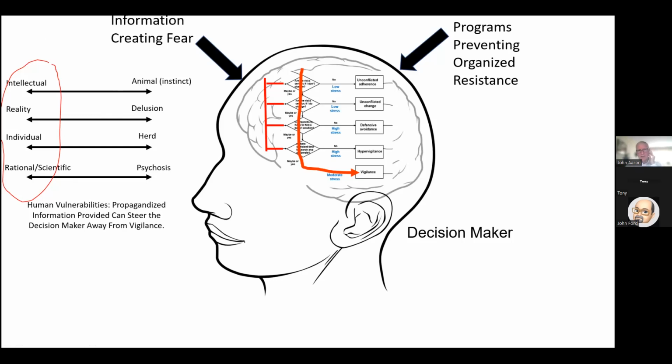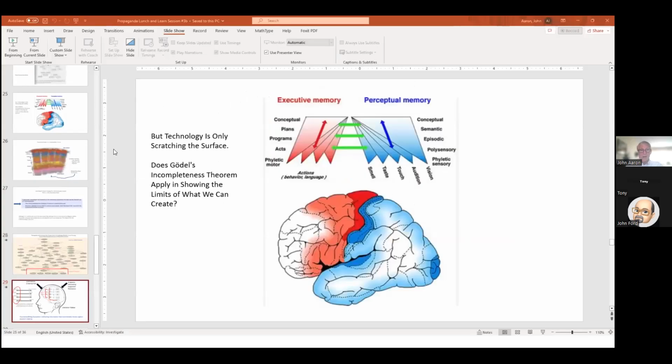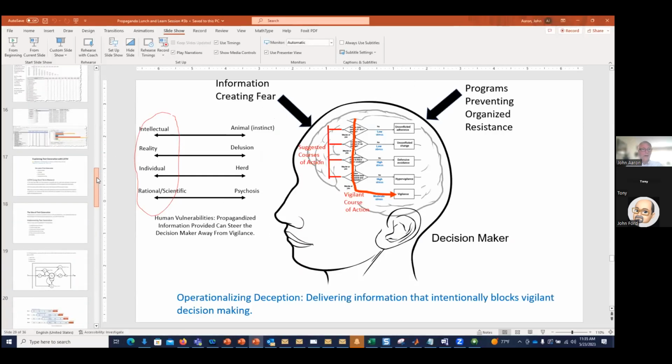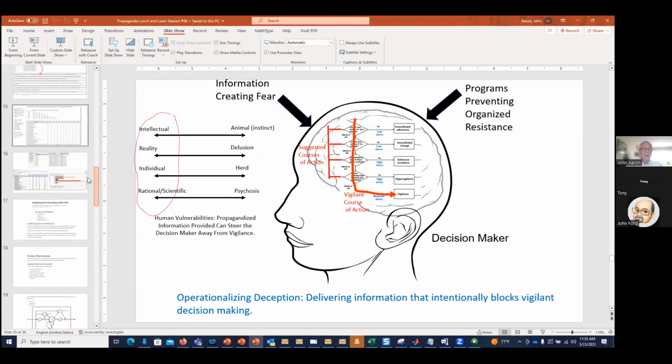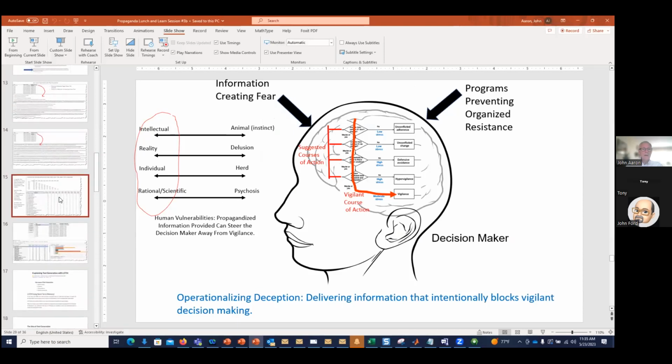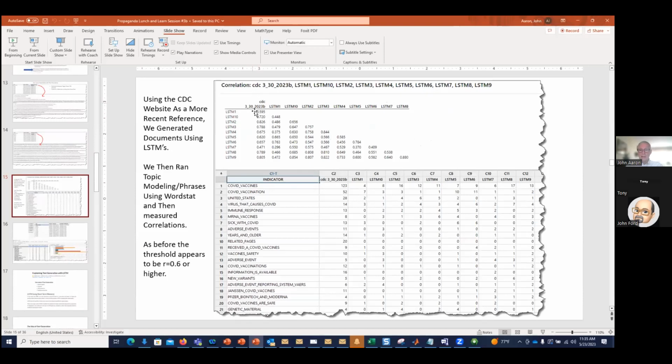So we've given through these different sessions a lot of methods of detecting it with text analytics, the linkage between the psychology of this and how you can use text for that. Certainly by using Wordstat in today's discussion, looking at the correlation between documents. I could have hit a little bit harder the idea that when you're using Wordstat, you can take these single documents. It could be Mein Kampf, it could be the Communist Manifesto, it could be the CDC, whatever it is,